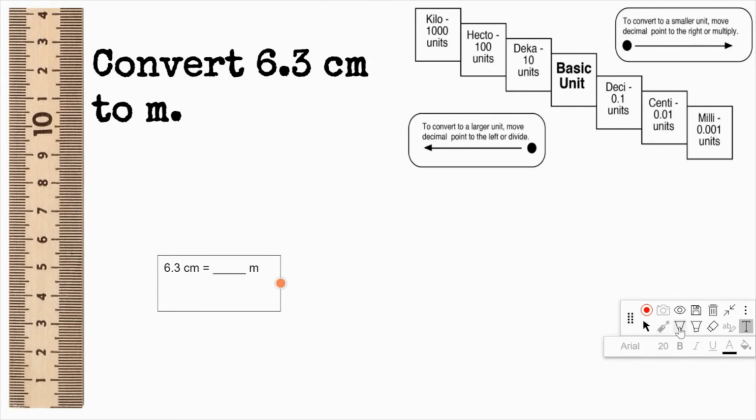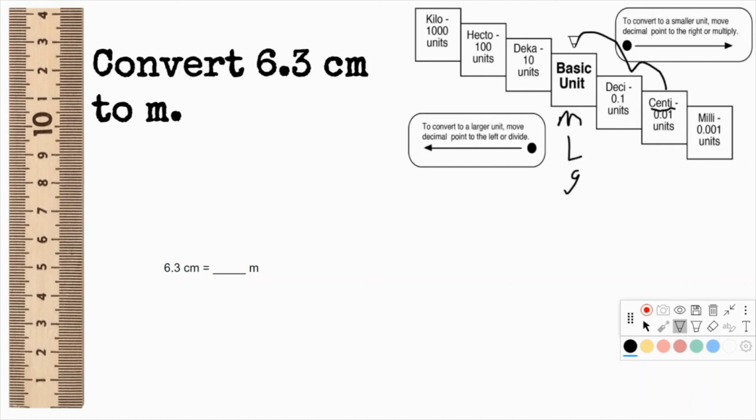So here we have centimeters, and centimeters is right here. And it's just telling us to go from centimeters. And remember, the base unit is right here: meters, liters, and grams. All right, so it's just telling us to go to meters. So we're going to go 1, 2 to the left. So all you got to do right here, you have 6.3, is you go 1, 2, so 1, and you got to put a 0 here because we're going to have to go one more, 2. So this right here becomes